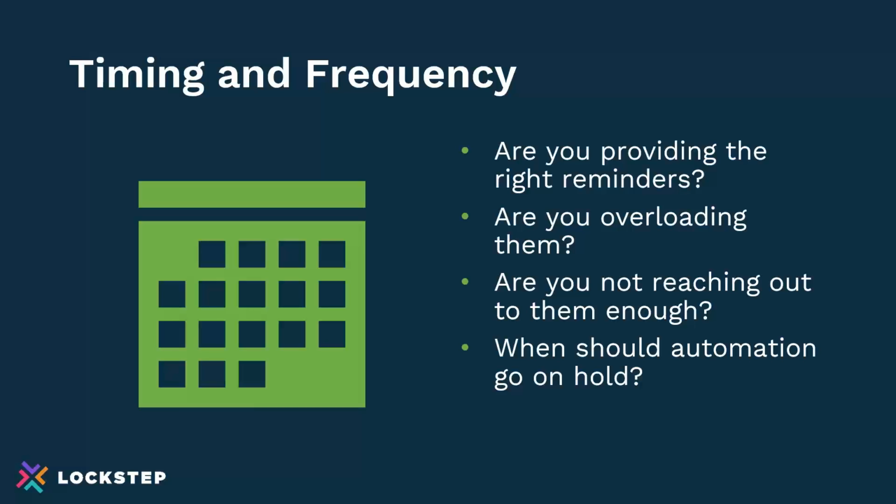And then it's very important to know when the automation should go on hold. There's nothing more frustrating for a customer than to get a reminder to pay an invoice that might be in dispute. So if something's in dispute, it should not be getting automation. Or if there's an escalation or another issue, having the ability to say, hey, we'll turn off notices on this invoice is really, really important. So when you think about timing and frequency, these are key questions around the collections process that are important to deal with.